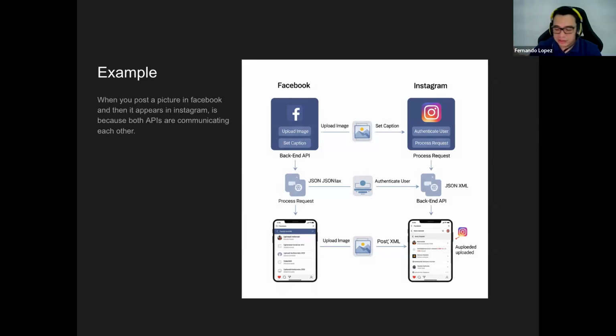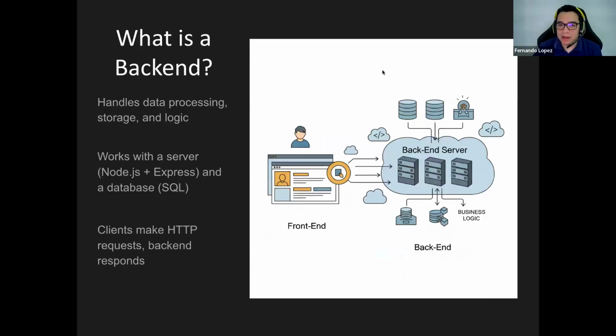We have the database of our Instagram project in one server and the database of our Facebook project in another server. But the way that those two servers can communicate is using an API. So they're going to send some information to one database and to another database. That's why in the backend servers, we can connect to several databases.